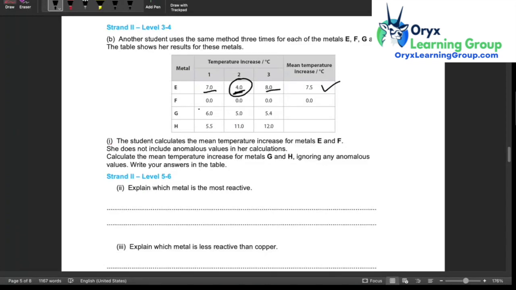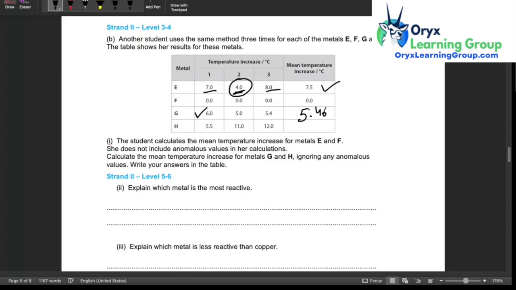Now I want you to try out G and tell me the answer. All of you, please try it out. For the G reading, what will be the mean temperature? Sorry, it's 5.46. Yes, that's right. 5.46. Can you explain how you got the number? I did 6 plus 5 plus 5.4, and